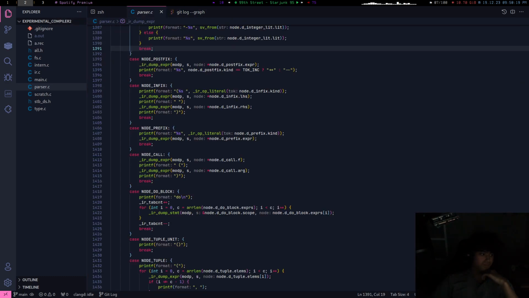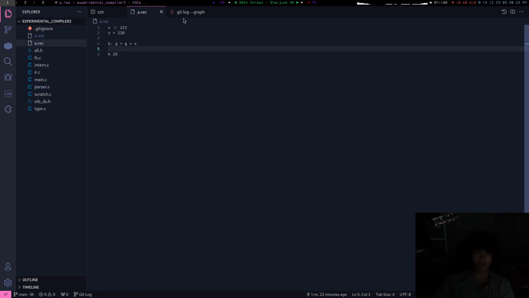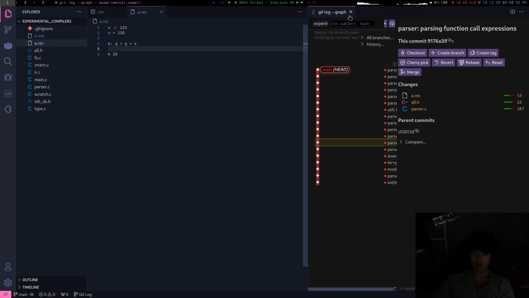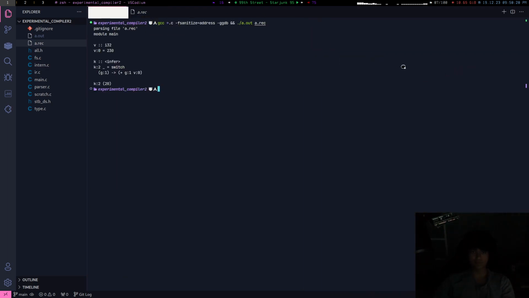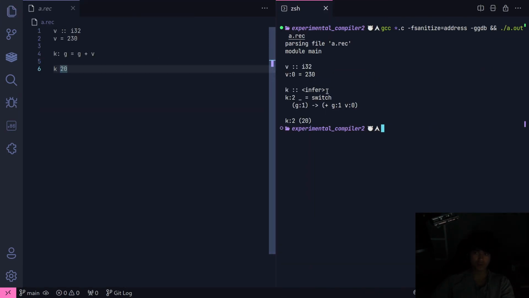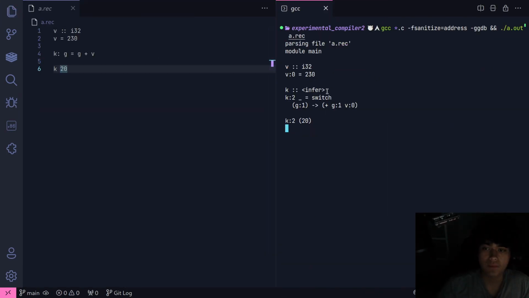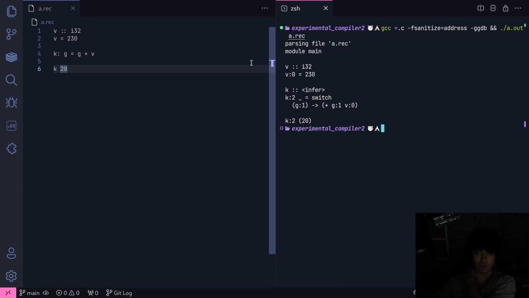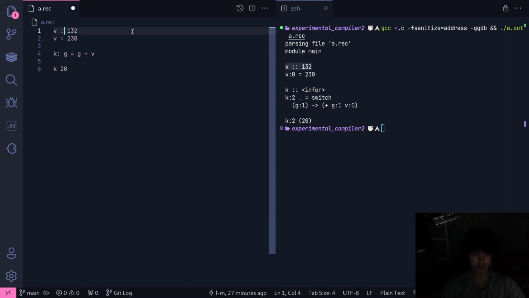Okay. Now I'll start with the semantics around variables. Let me zoom in for you, everyone. So running this parses the file and generates this module. You can assign variables types using this dash thing.